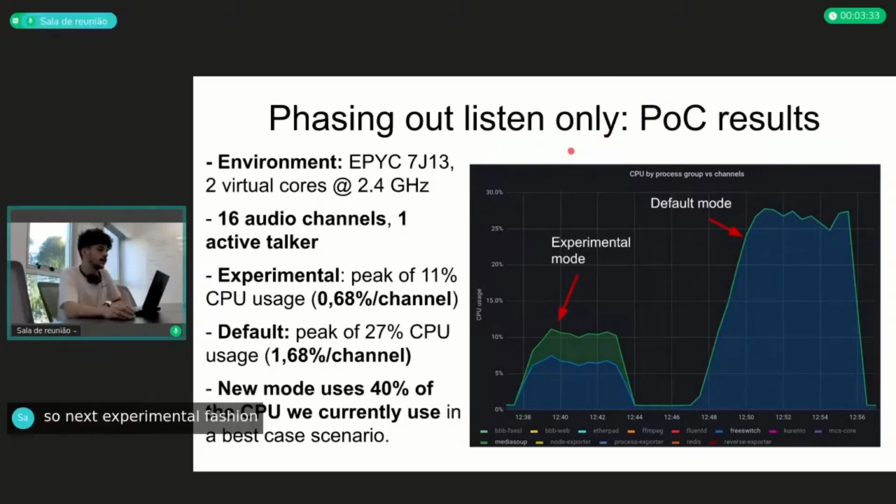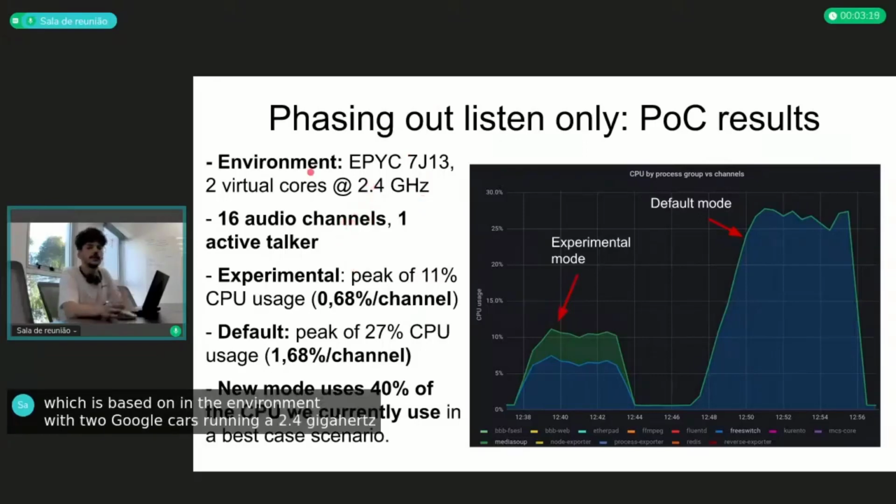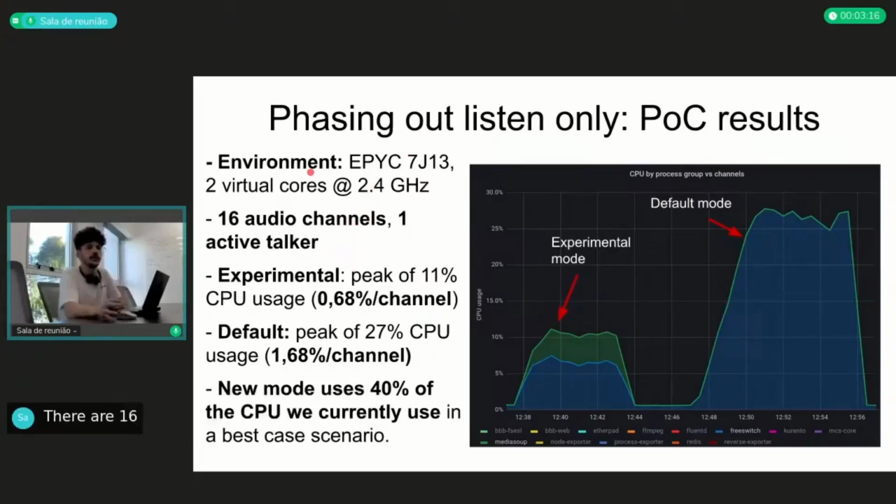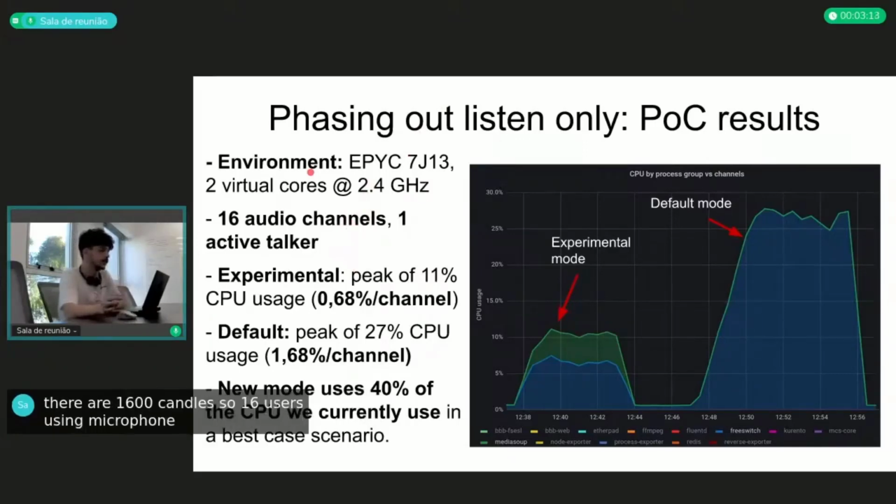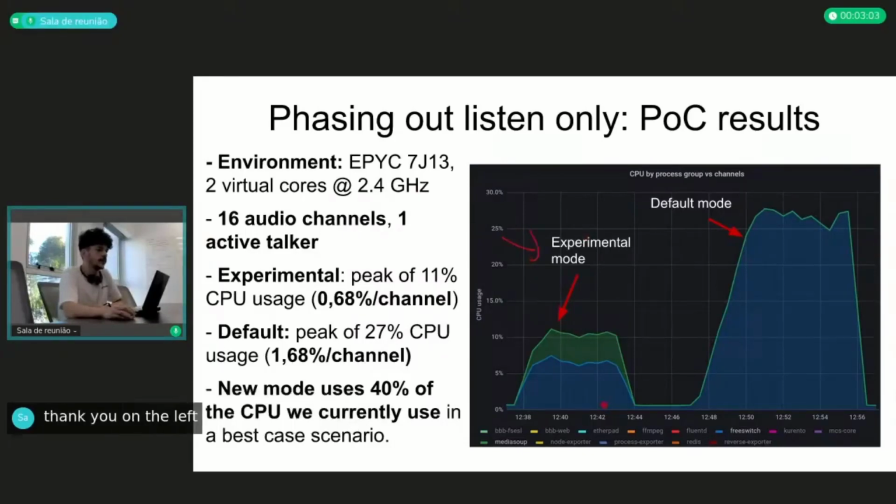what that PR does is that we can see here a small test we did just today, which is based in the environment with 2 virtual cores running at 2.4 gigahertz. There are 16 audio channels, so 16 users using microphone, not listen only, because listen only isn't a thing anymore, and just 1 active talker. On the left, we have the new experimental mode, and on the right, the default mode, so BigBlueButton's default, FreeSWITCH